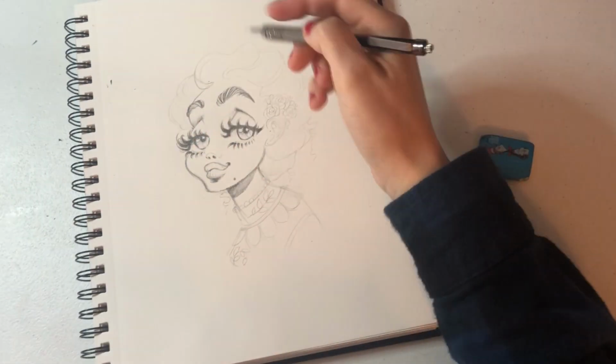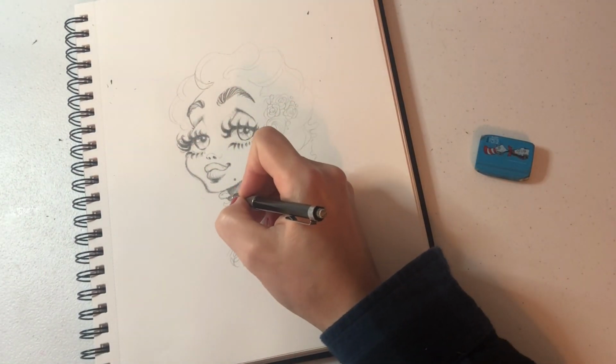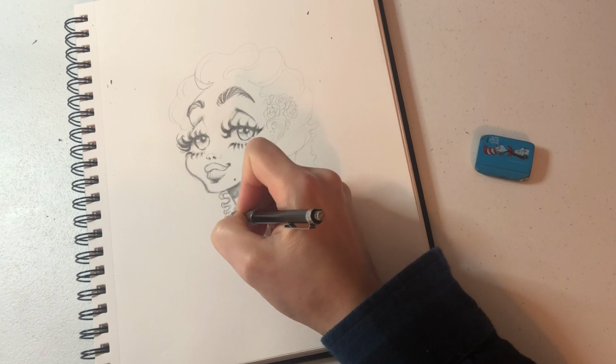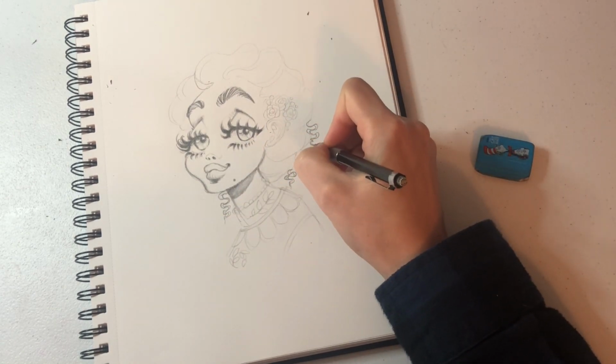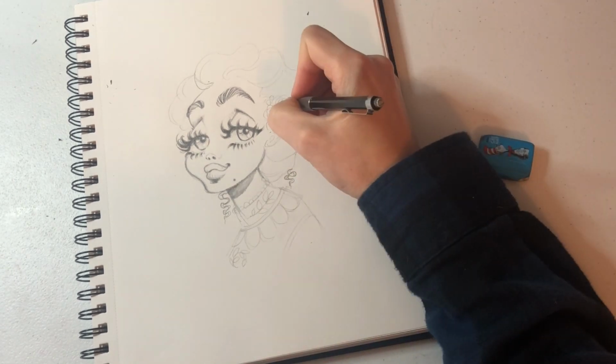But you can't capture the illustrations that way. You have to, if you wanted to share it with other people. So